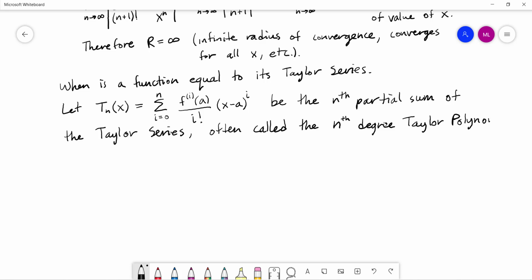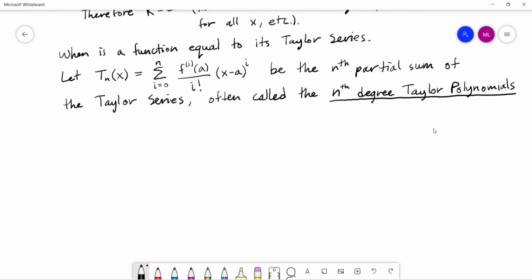And in practice, these Taylor polynomials are usually what get used, right? We're just going to use an approximation. There's no way you can actually compute the infinite series, every single term. So we'll just truncate it at some point. In this case, it's the nth degree Taylor polynomial because the highest value of i that'll show up will be n, meaning the nth power is going to be the highest multiple of x. We'll have an x to the nth power, making it an nth degree Taylor polynomial. So